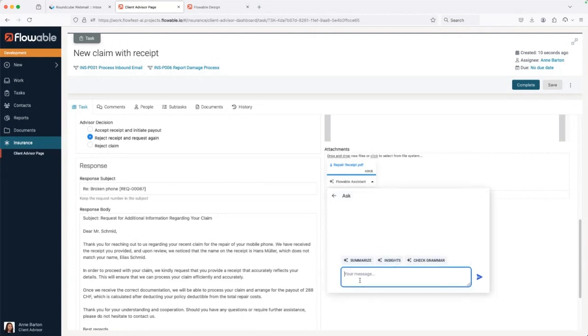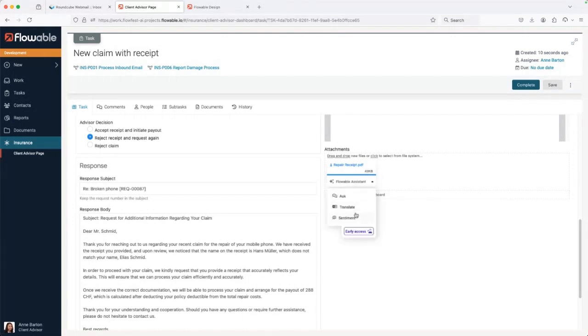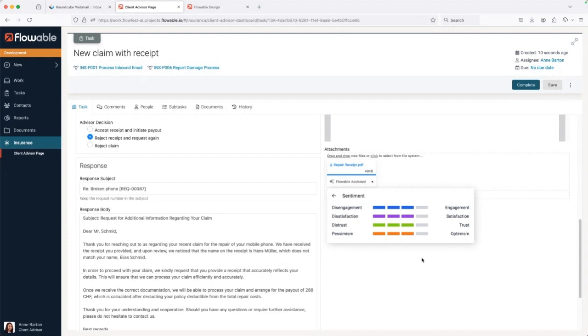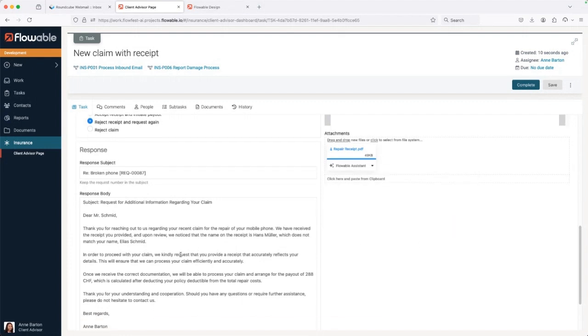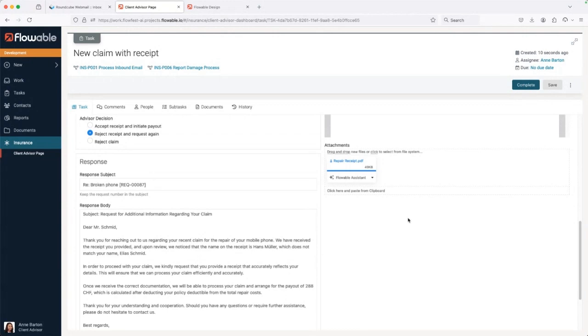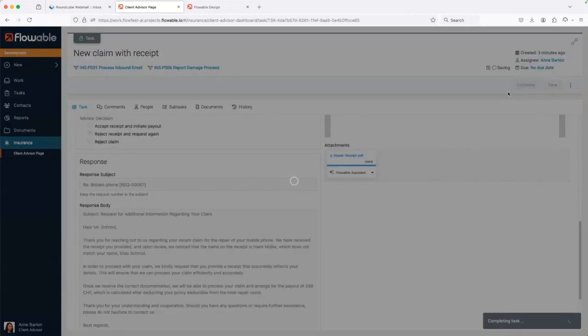So for example, I could ask, what phone model is it? And the AI will analyze the content of the email and give me directly an answer to that. I can get other insights. I can check the grammar, or I can, for example, translate the document or get the sentiment of that document. So we've prepared the email. We know we want to have the correct receipt where we're sending it out,